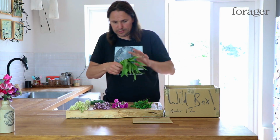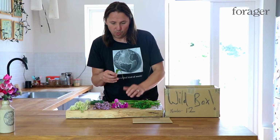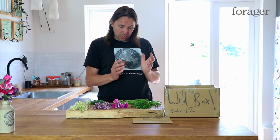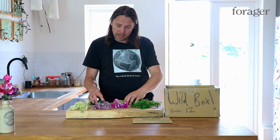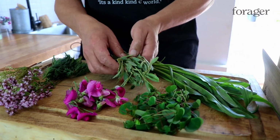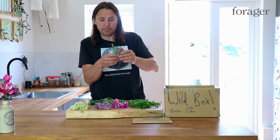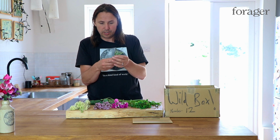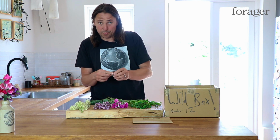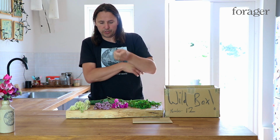This is sea aster. It's one of the most versatile, and in fact my favourite wild green. It's slightly salty, succulent, with a sweetness to it and a slight aromatic quality. And this is sea purslane. It's a salt marsh plant that's available all year round. It can be completely submerged under the water, and because it spends so much time underwater, it's actually got a lot of salt built in to allow it to tolerate